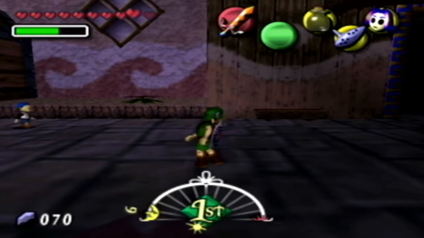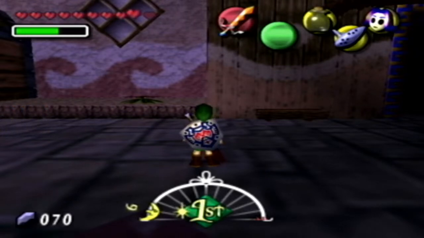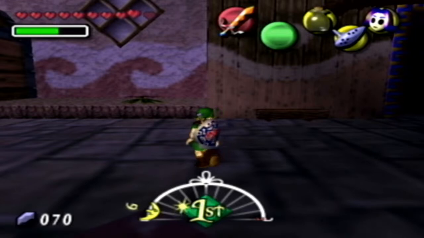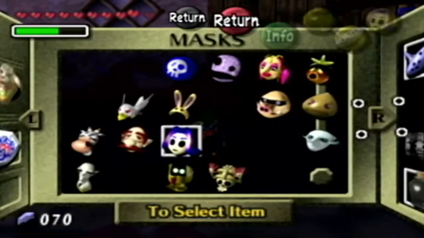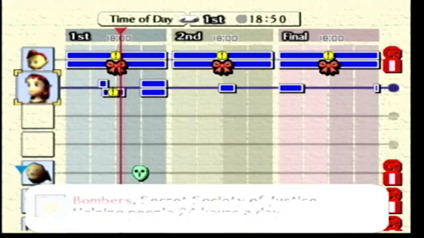Oh yeah, wearing the bunny hood keeps the time, but even then, that's like half the battle. You also have to consider the little delay. But I guess using a stopwatch would work too. That's what I did for A Link Between Worlds, actually. There was a Rupee Rush minigame, and in that particular minigame...